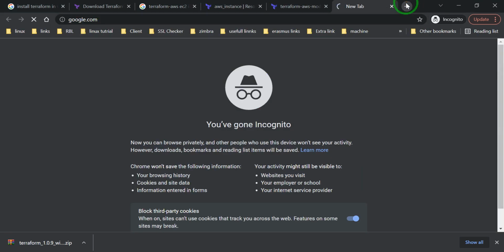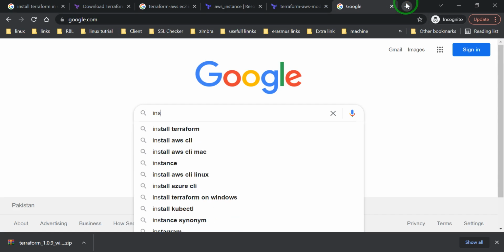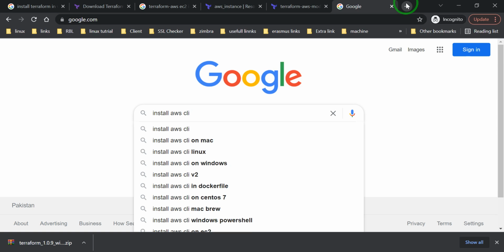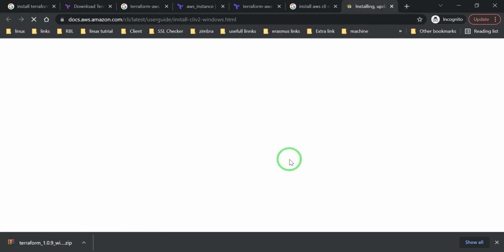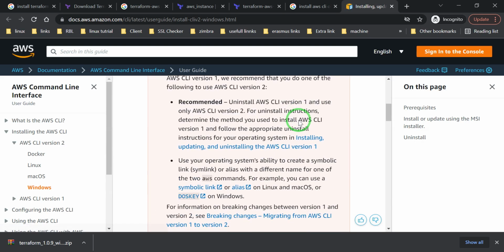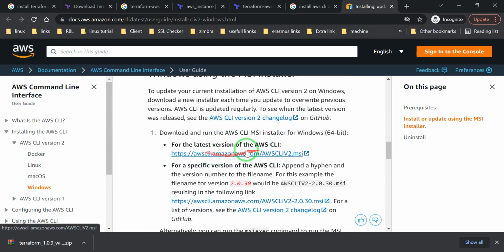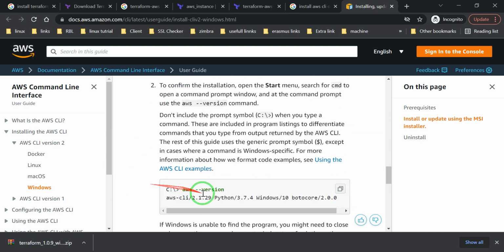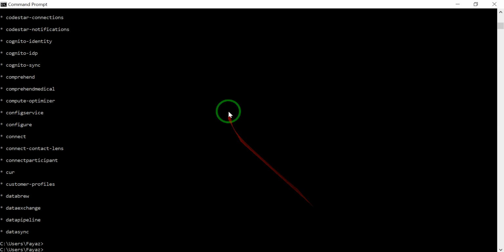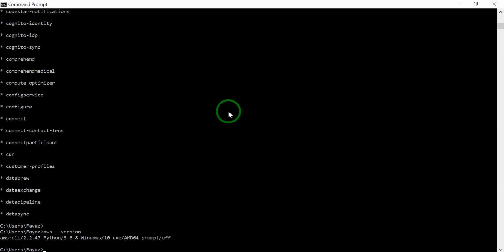AWS install AWS CLI in Windows. So you will come up on the first screen, and then you can just follow the steps, it's simple. So prerequisite, and then you have to click this one. The MSI will come up here, and then you just click on that MSI and hit enter. After that, you just check whether it's right or wrong. So I'm just putting it here for your reference. It means I already have this version of AWS CLI on my machine.